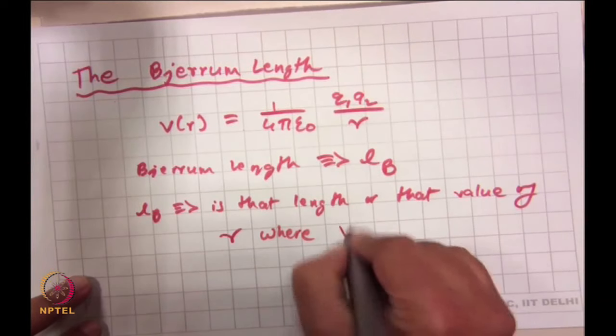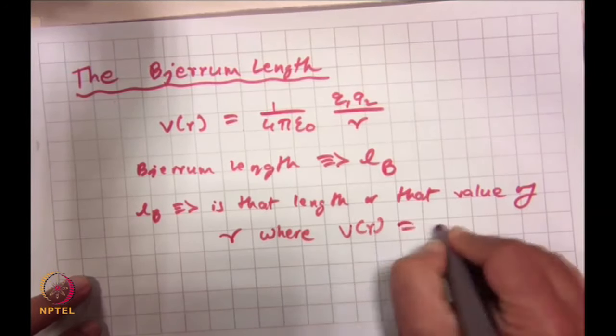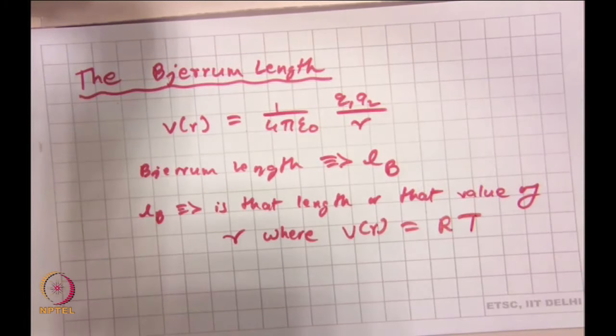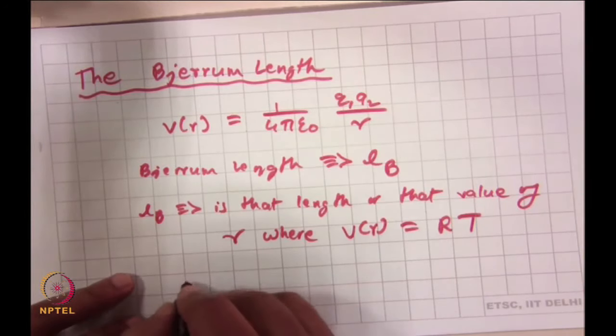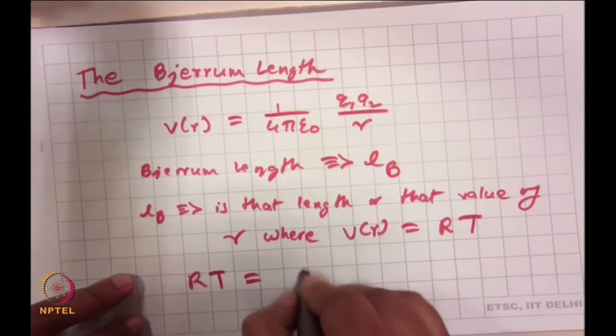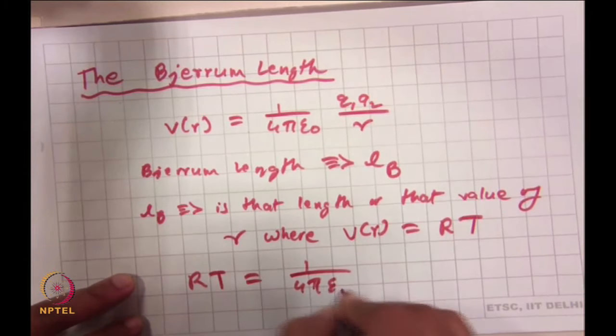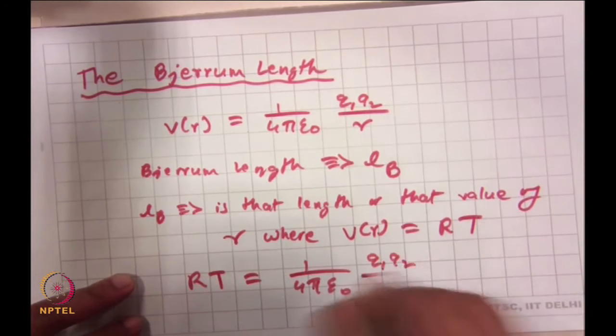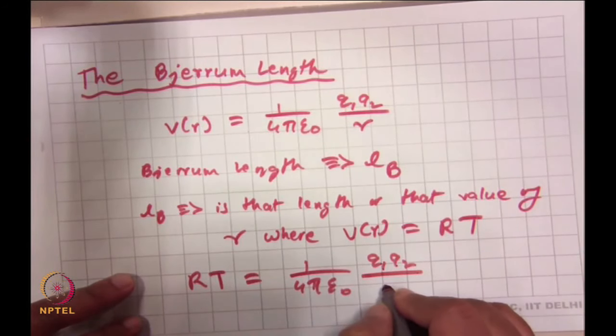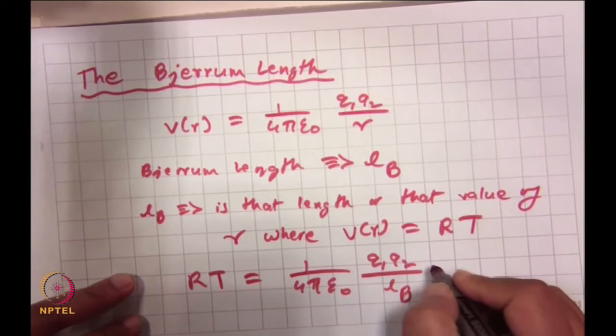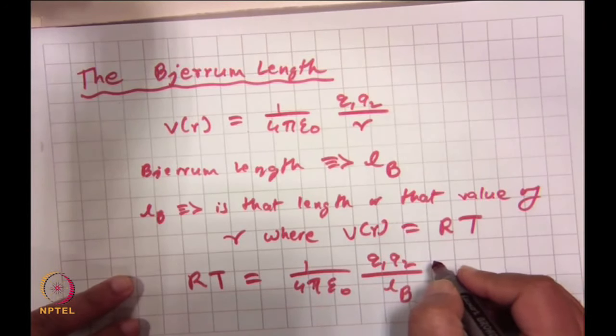this is really important, V of R is equal to RT. So that means when R is equal to L_B, V of R will be equal to RT. Based on this definition, we can write RT is equal to 1 by 4 pi epsilon 0 q1 q2 by, what do I write instead of R? L_B, good. And remember, when we are doing RT, generally what we see is KT, right, but then when does it become RT,